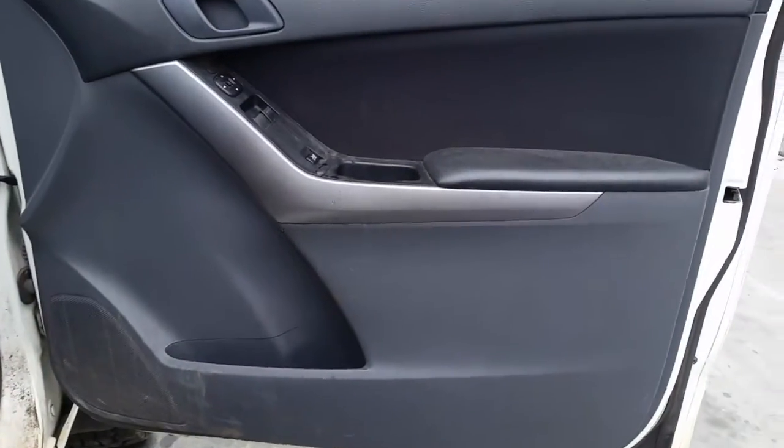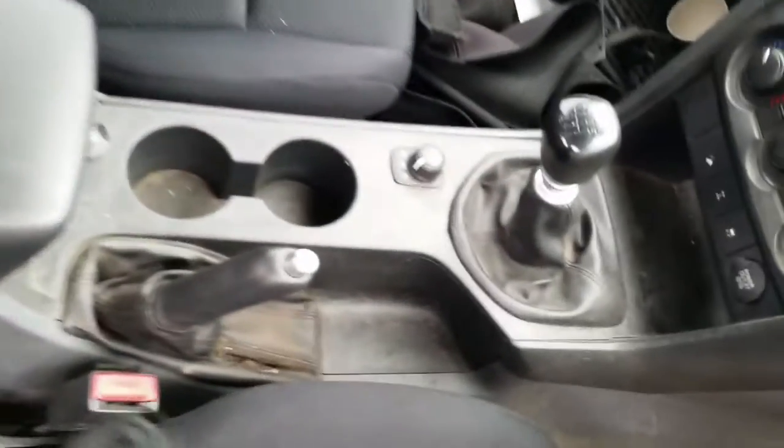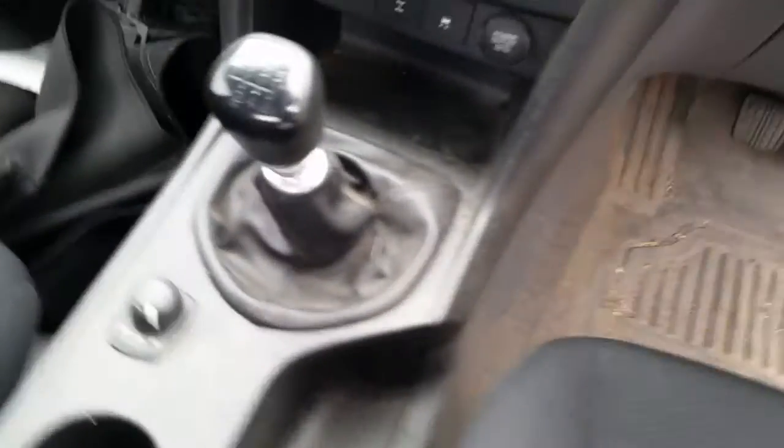We have the driver's side door trim, power window master switch, 2-door type. This vehicle is fitted with black cloth interior. It's got a black leather center console lid, manual type console. 4-wheel drive type, 6-speed manual gear shifter, heater controls, single stack CD player, display cluster, interior mirror, courtesy lamp, sunglass